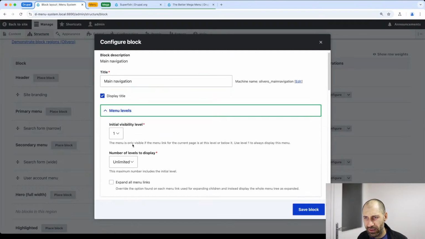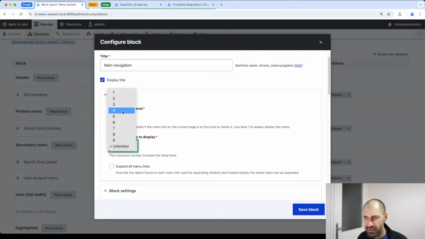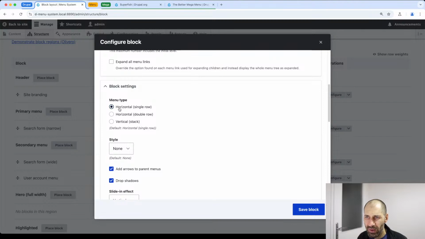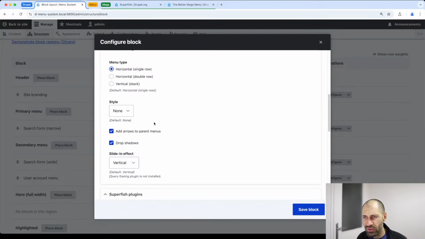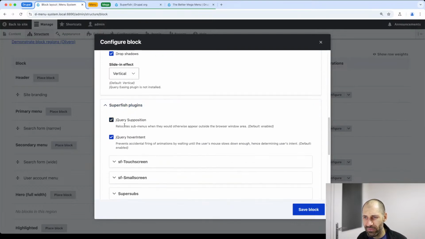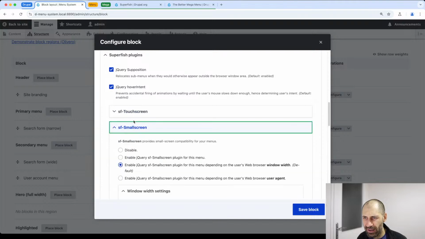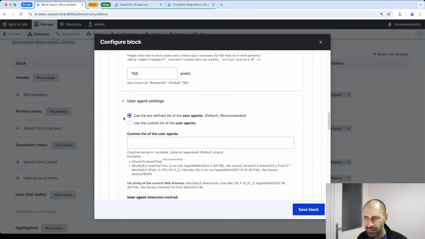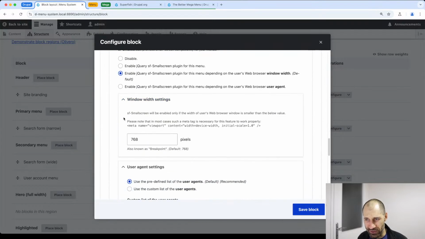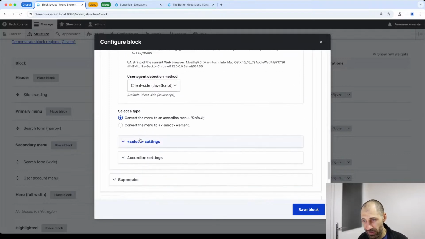And now you get a few options. Let's just display it all. Then from block settings, you have menu type. You can make it horizontal, things like that. You've also got a few extra options right here. You do have a lot of options. There are a ton of options. So then if we click on save block,